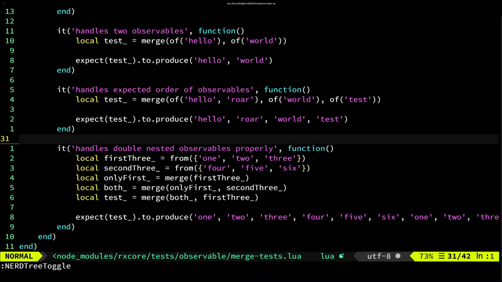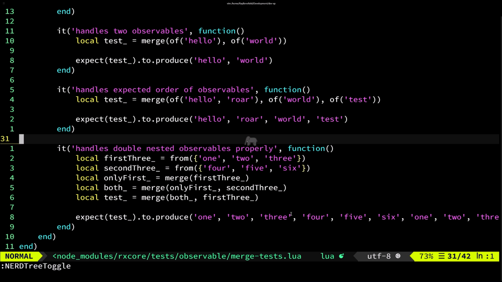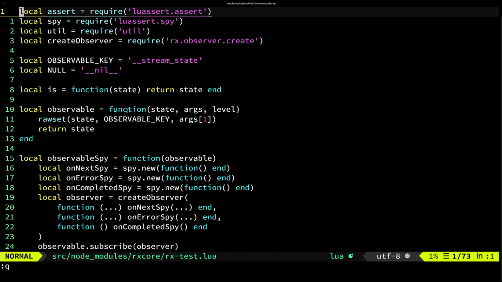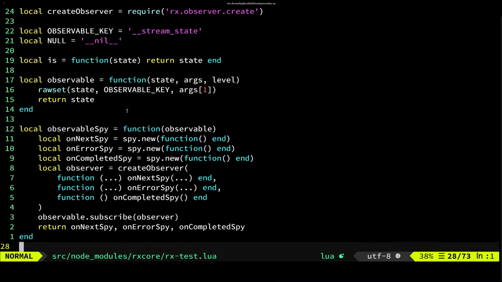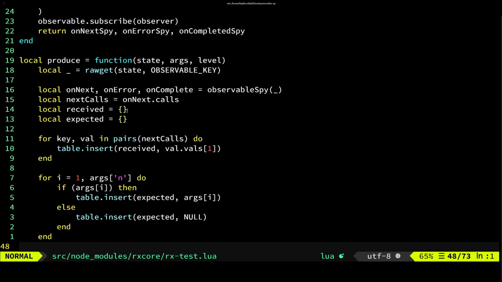On top of all that, I also updated the testing system, so I can now do something like this, where I can expect a stream to produce these values, which will make it so much easier to test. And I did this, it's inspired by the original testing system that the Lua RX or RX Lua implemented, and it uses spies and stuff, and it's actually pretty fancy, so it makes it easier for me to test as well.